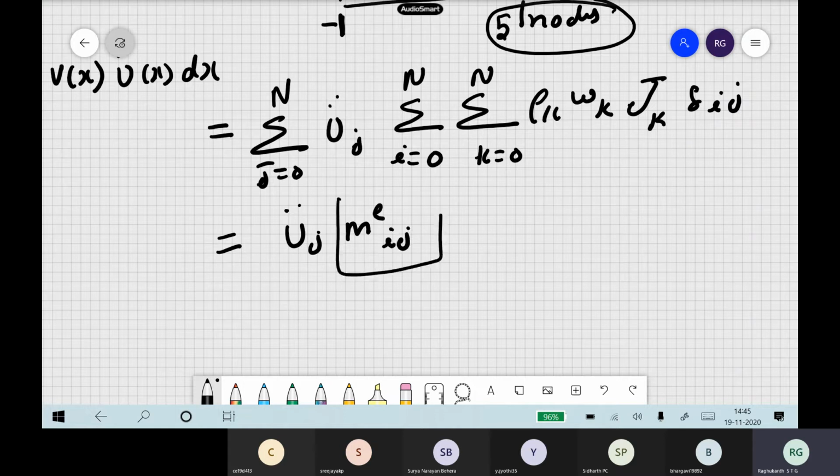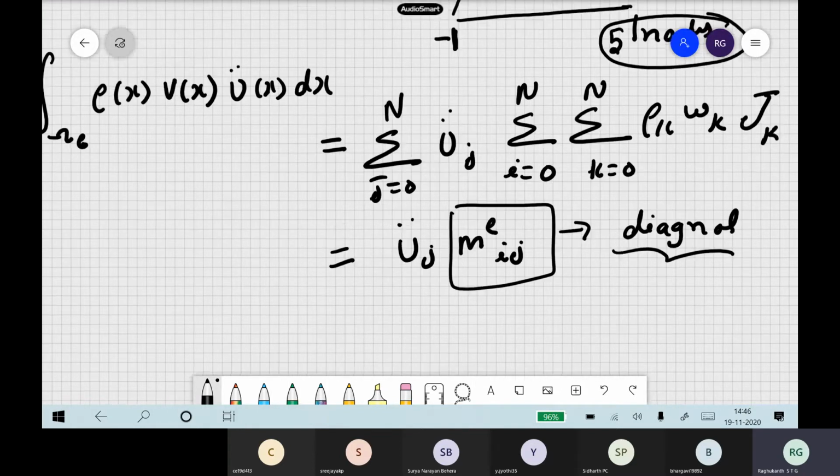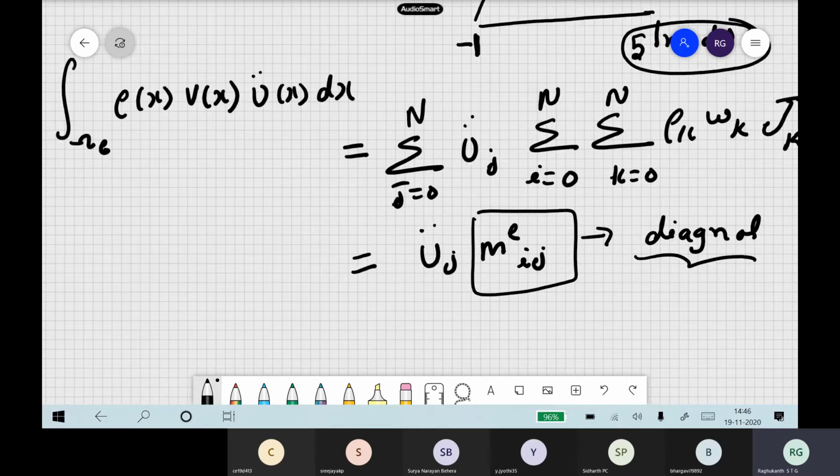Okay, so our mass matrix becomes diagonal. This is the most important thing in the spectral element method actually. So why did our mass matrix become diagonal? What if somebody asks you, why did it become diagonal? What was the main reason? Because GLL points and integral points are same. No, GLL points are integrating points only. GLL points are interpolating also.